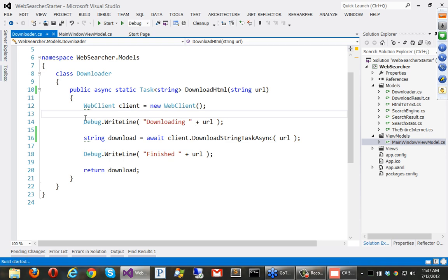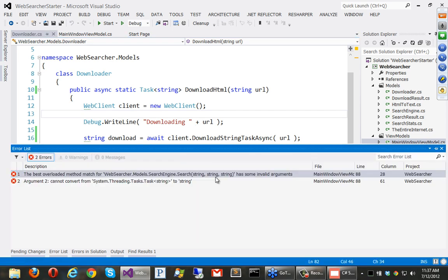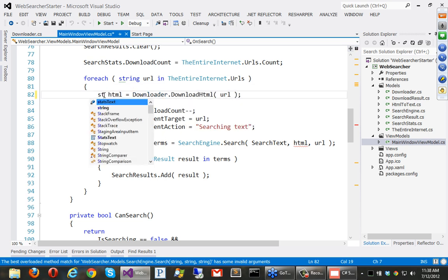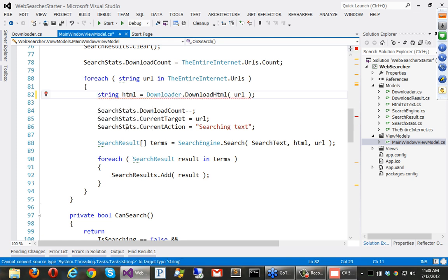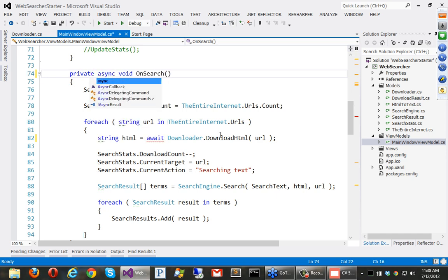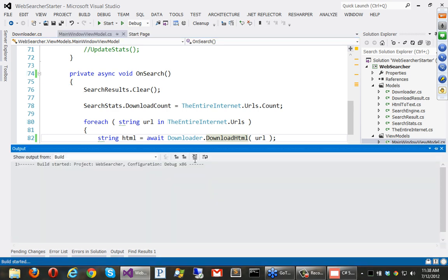But there's this other problem, because back up here where we were calling this, it said this was expecting to return a string here, right? That's how it was working before, but it no longer returns a string. So what we need to do is say, okay, fine, well, I actually wanted the value out of that. So you kind of got to walk your way up the stack and say, I want to use await here. And so in order to use await, I got to use async, just like that. And then it should be good to go. All right, now it'll compile.